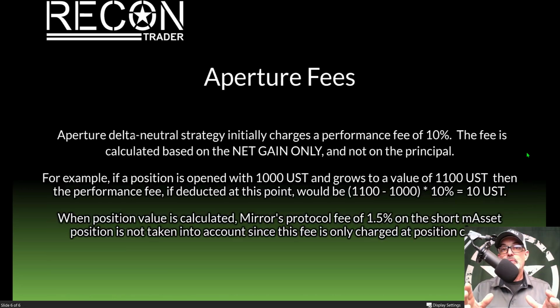Now, the last thing I want to cover before we get into deploying this strategy is going to be Aperture fees. There are fees. They're not doing all this work for you out of the goodness of their heart. You are going to get hit with a fee. However, in my opinion, that fee is well worth the ask, because the amount of time to manually do this and monitor this would take away from my normal day trading, where I can earn a heck of a lot more than the fee they're actually asking for this one particular strategy. So at the end of the day, you'll need to decide if the fee is worth the ask. For me, it is, and that fee is